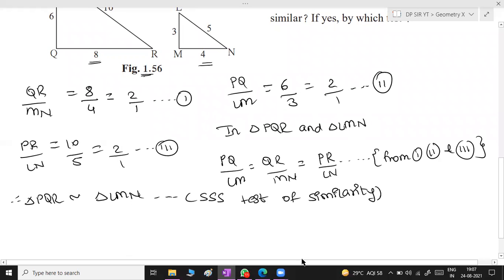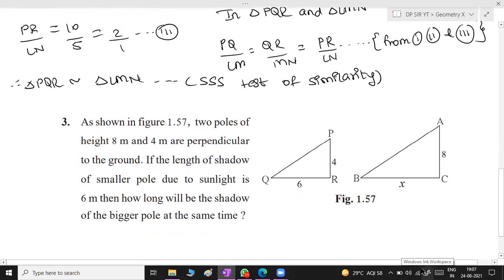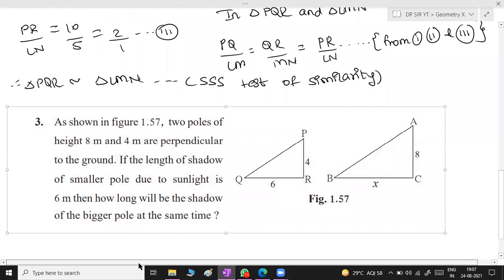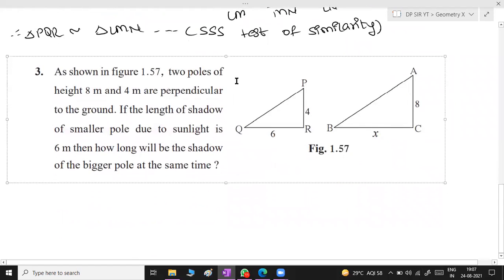So here is the next question. That is question number 3 from your exercise. Let me just shift it here a bit. I hope the screen is still visible to you. Third question is again simple. Don't get afraid. See, they are asking me,